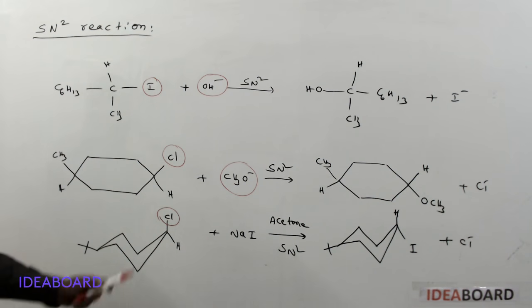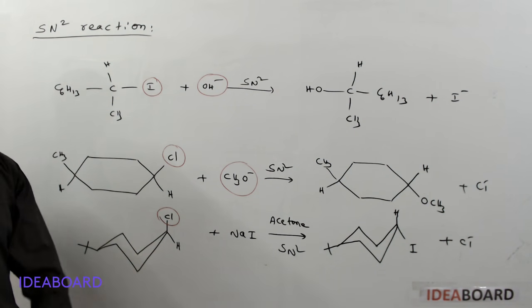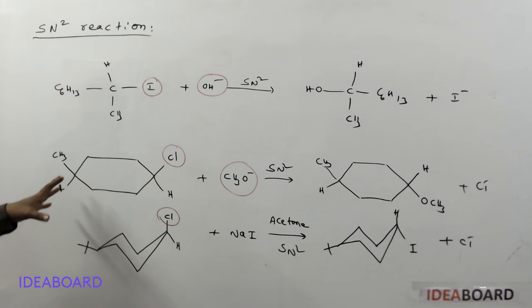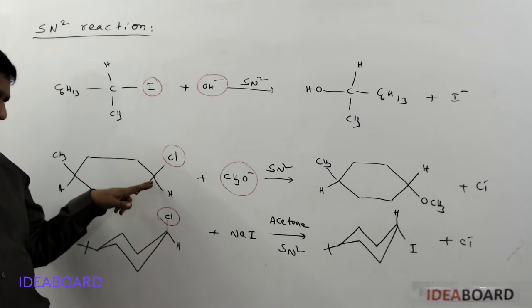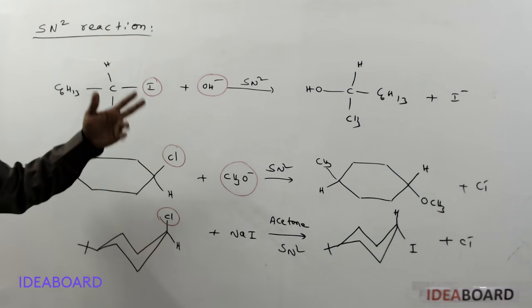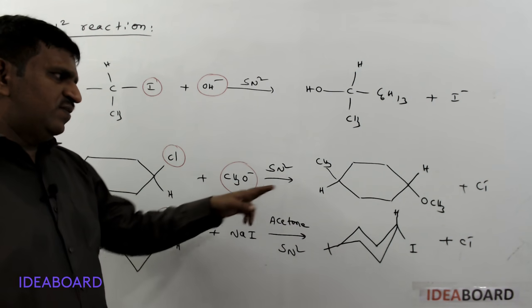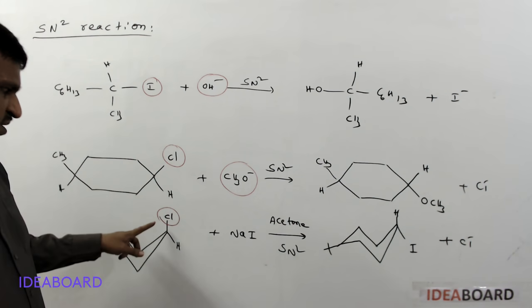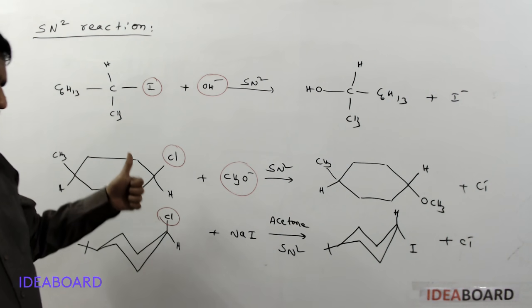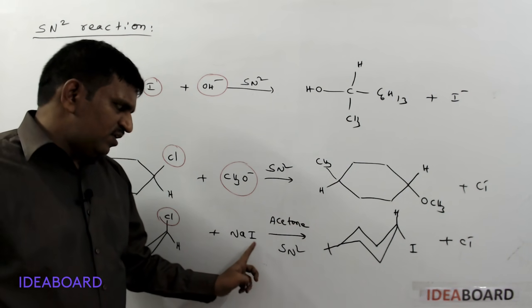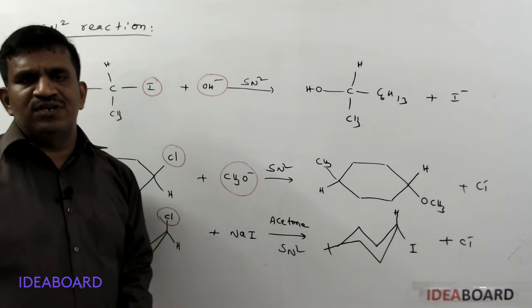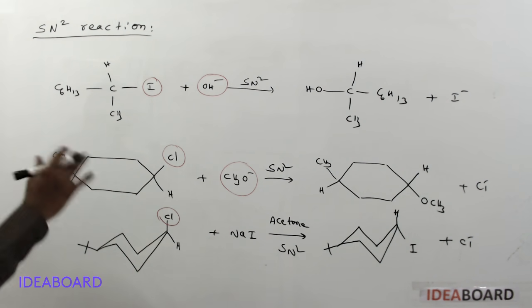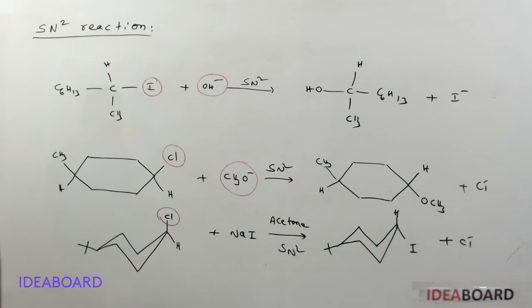So these are all SN2 mechanism reactions, and sometimes they give this type of configuration. Please see, if Cl is up, meaning the leaving group is up, then the product will get the nucleophile on the downside. And if chlorine is in the axial position, in the product the iodine or nucleophile is in the equatorial position. The opposite of axial is equatorial.